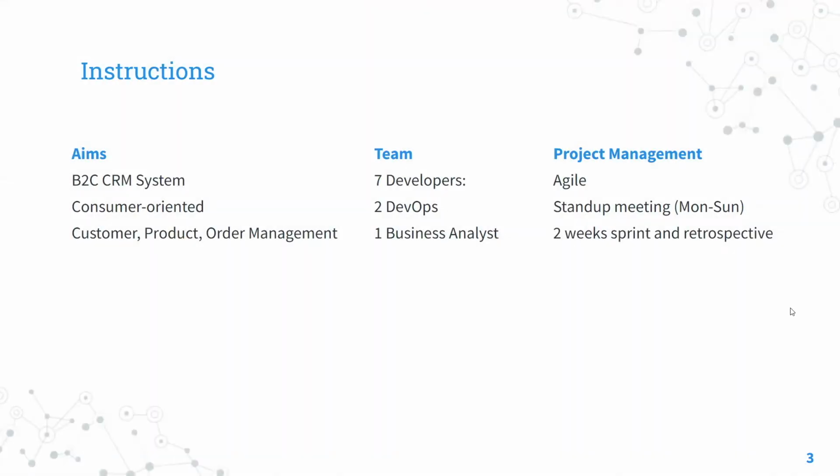The Blue Period CRM is a business-to-customer type CRM system, which is the most common type of CRM. The main purpose of our team is to develop a system that can help a company to manage their customer relationship, product information, also manage order status and issue invoices to customers as well. The ideal CRM system can help the company to find potential customers, analyze the sales of products, and establish a